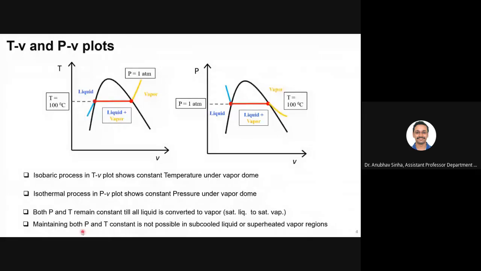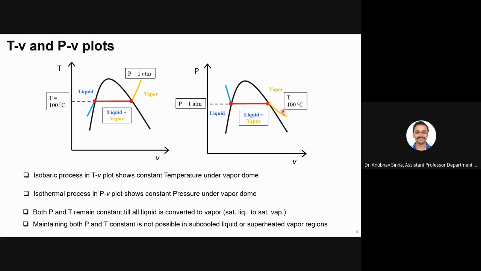Okay. Now, if you go to the superheated region or the subcooled region, you cannot maintain both pressure and temperature constant. So if you are following an isotherm, if pressure is above 1 atmosphere, then you look at this yellow curve, and your temperature is changing continuously. Similarly here, if I maintain pressure constant, this is an isobar. If we go to the subcooled region, this blue line basically, then you see that temperature is changing continuously.